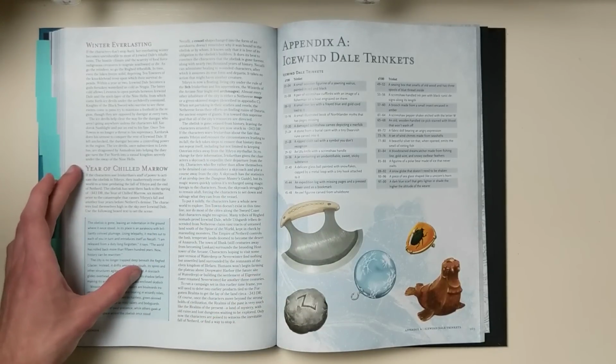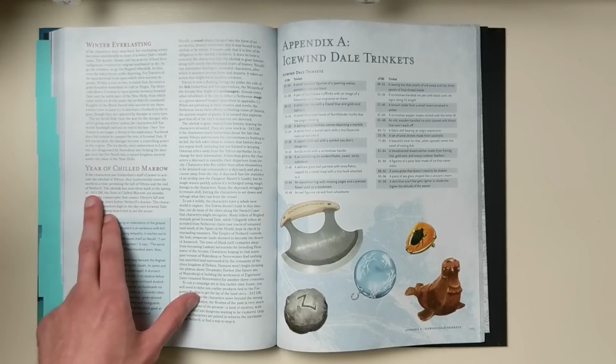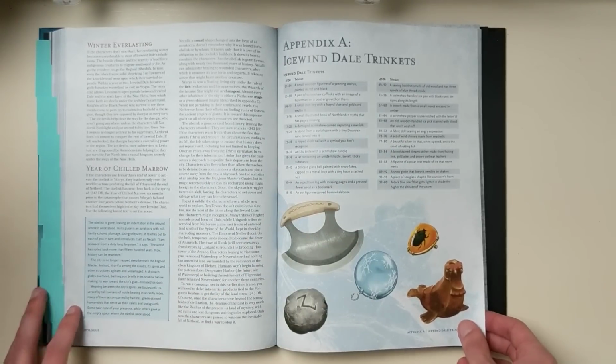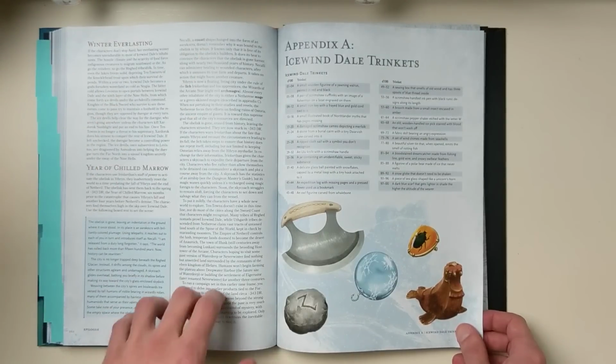We have Winter Everlasting, in case they don't stop her, and then this time travel piece that I mentioned, the Year of Chilled Marrow, where your characters are sent back, I want to say, over 1,500 years. So that's going to create just a whole new campaign that maybe is going to be published. I don't know, but it really doesn't give you a lot to work with here,